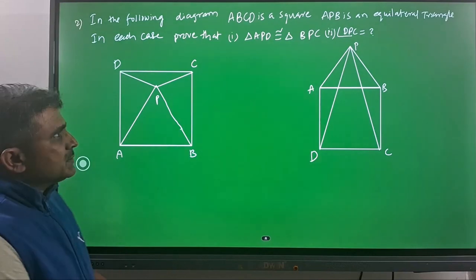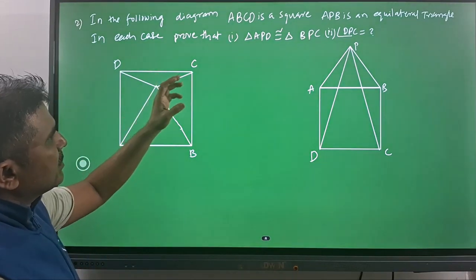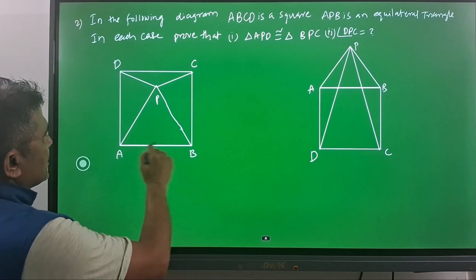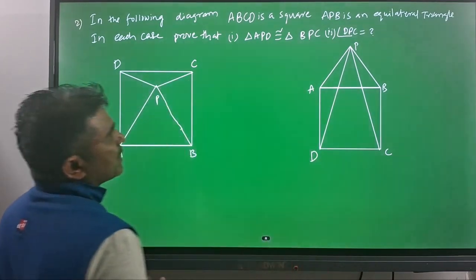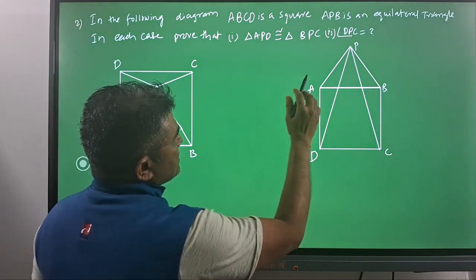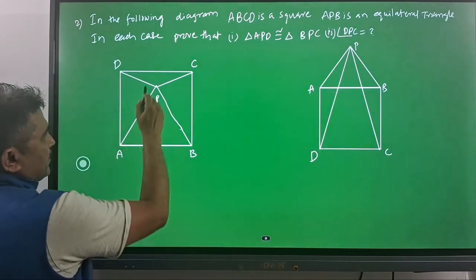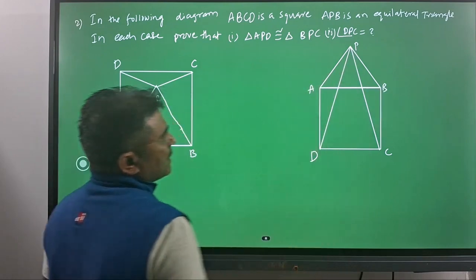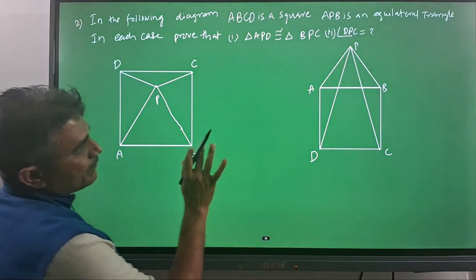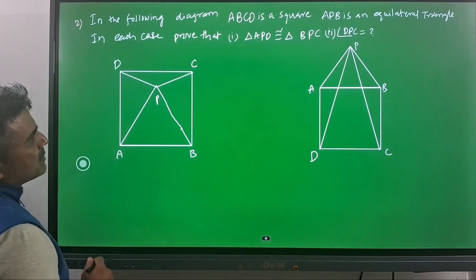Our next problem is, in the following diagram ABCD is a square, and here also ABCD is a square. APB is an equilateral triangle, and here also APB is an equilateral triangle. In each case prove that